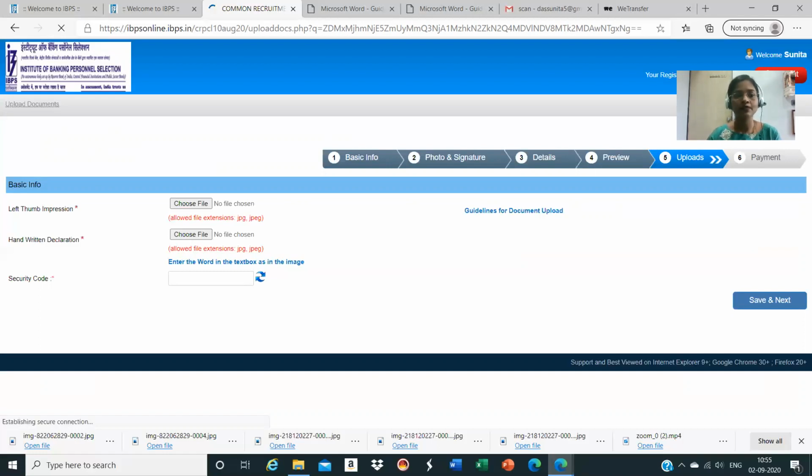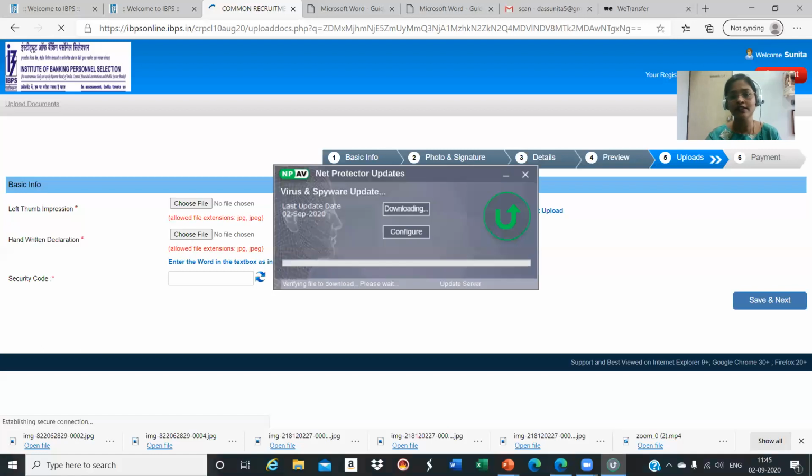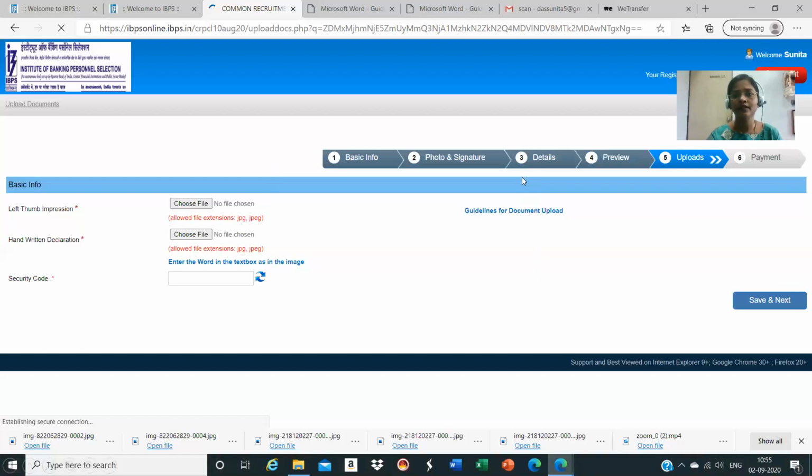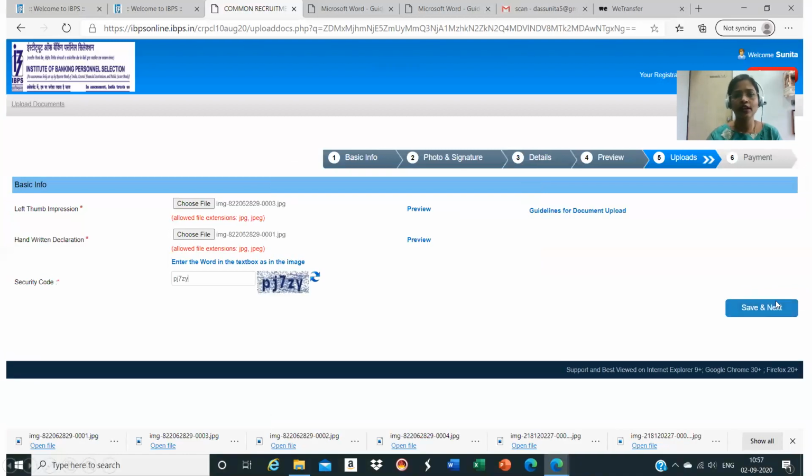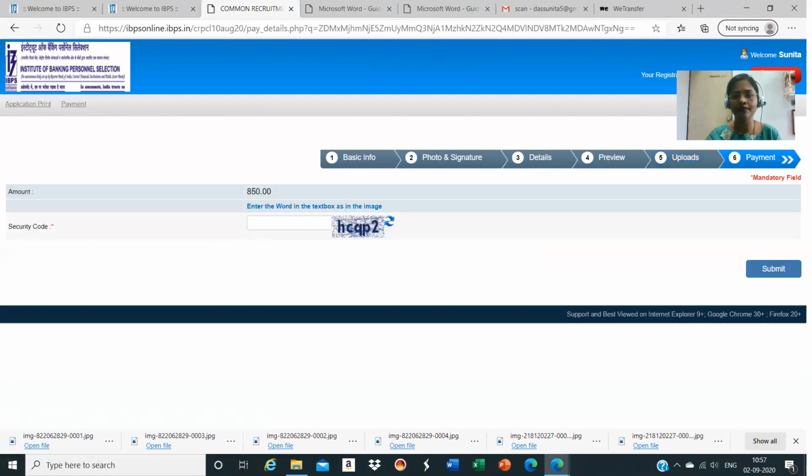Once you do that, once you upload your left thumb impression and handwritten declaration, then you have to fill up the security code. Whatever is in your box, you have to fill up the same element, and then you have to click on save and next. Once you click on save and next, once you put your security code and select save and next,